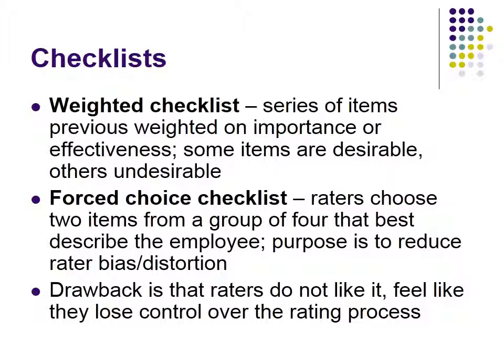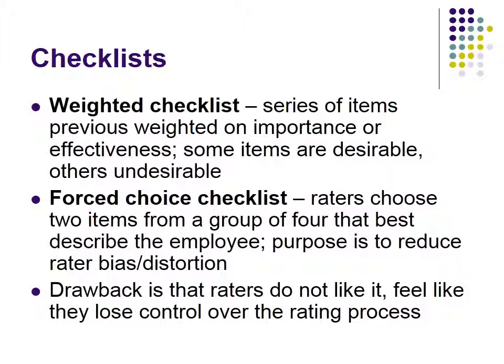Another type of checklist is a forced checklist. Forced checklists were created to try to help with a problem: when you're using a weighted checklist, it's very easy to determine which items just on their face are positive versus negative. So if you really liked an employee and you were their manager rating them and you wanted them to have a high rating, it's pretty easy to go through and just check all the positive boxes to make sure they get a high rating. The problem is that if it's easy to slant the scale to a positive or negative number, it also means that biases, where you just rate people you like higher regardless of their performance, can occur. The forced checklist is an attempt to try to stop this.